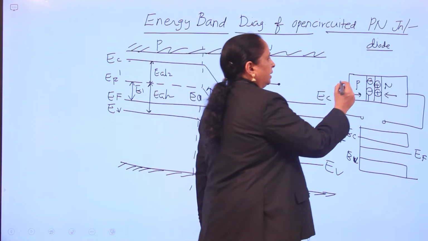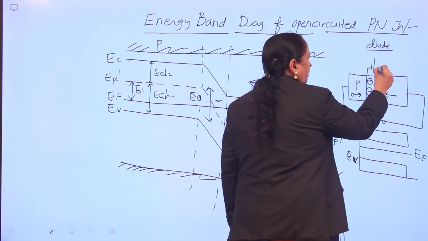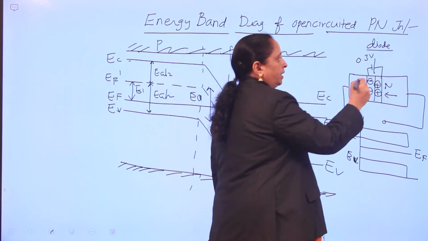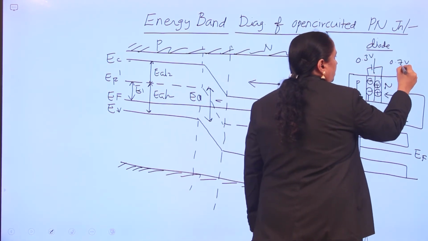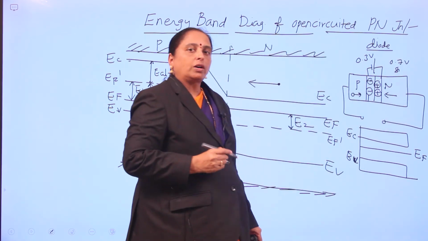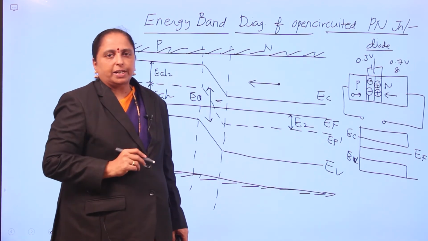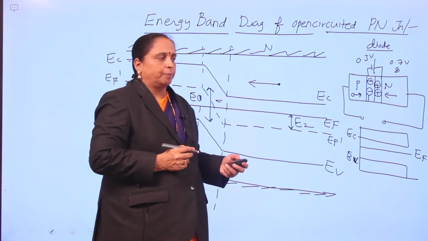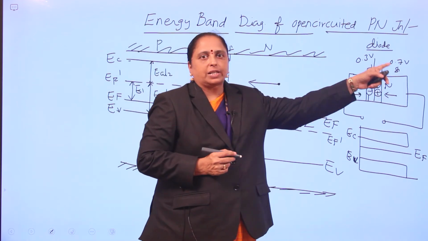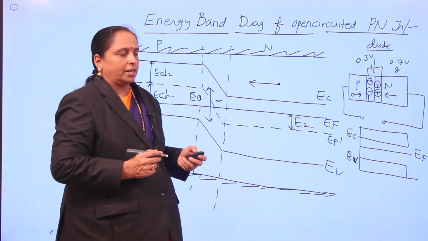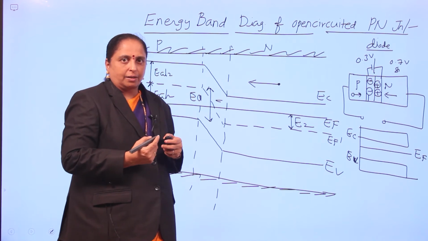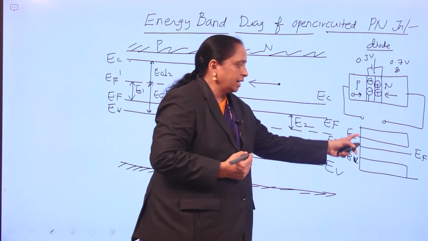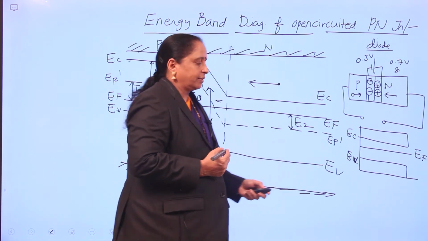For example, we discussed that the barrier voltage is 0.3 volts for germanium and around 0.7 volts for silicon. So how did we get those values? We need one expression that is known as the contact difference potential, or simply contact potential. So this 0.3, 0.7 is known as the contact potential. But initially we will express this barrier in terms of energies, because we are considering energy levels on the y-axis.